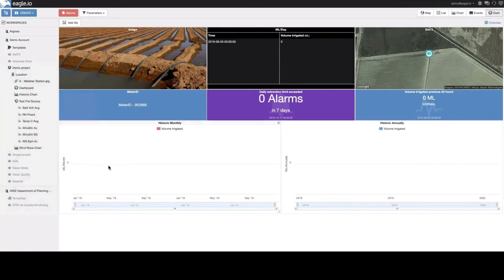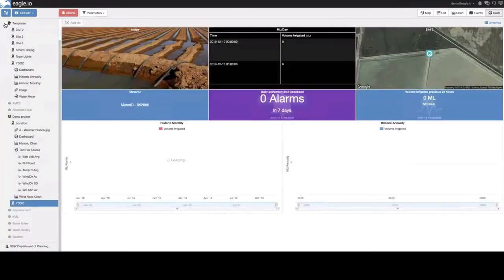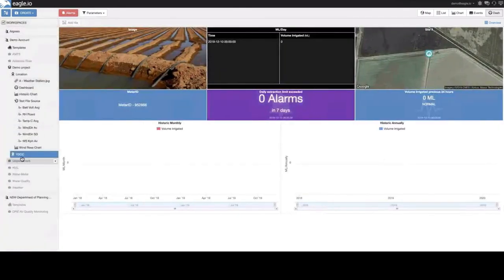As I select to create an instance, you can see now in this demo project that I've created, let me close this one off here, we've also got that instance that has been created. It is bright blue, meaning that it's not a traditional data source, but it is an instance from a template. Now, it's not just a copy of the template. It's in direct relationship with it,